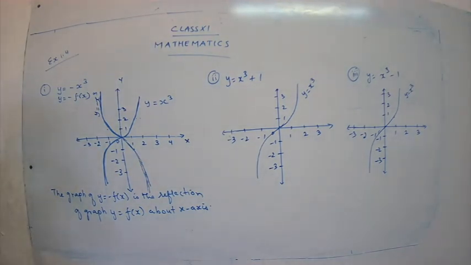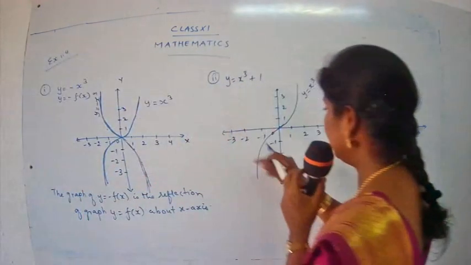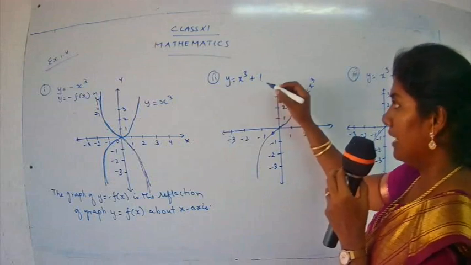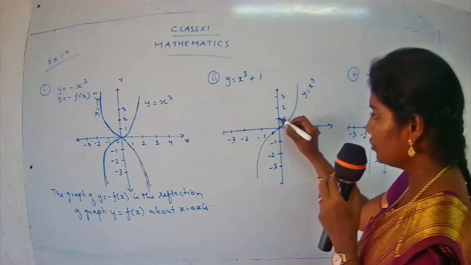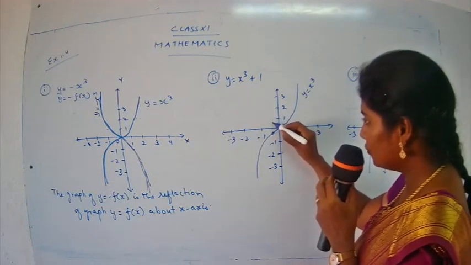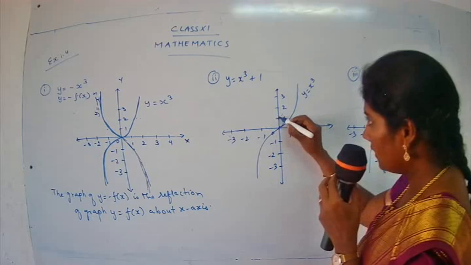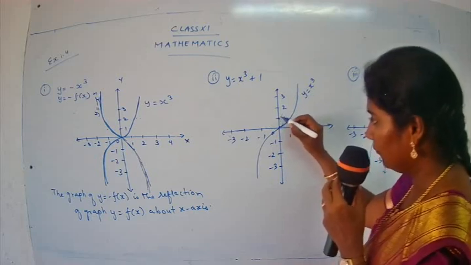So where is your graph going to shift? The graph is going to shift upward. See the statement? y is equal to f of x plus d causes the shift upward. So we are going to write upward. Or you can just use your own imagination. Here if we take the x value as 0 and we add 1, what will happen to this 0? Where will the 0 go? The 0 will go to 1. So the graph is going to move 1 unit upward.